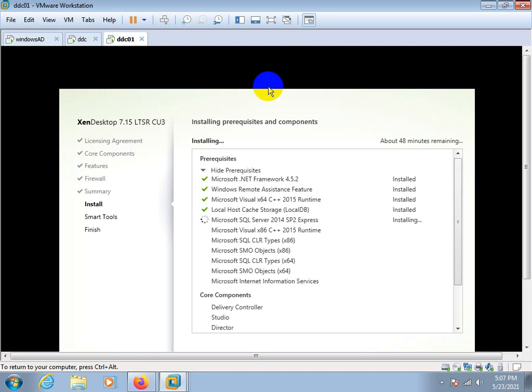Okay. And how can we create the machine catalog? I need the steps to create a machine catalog.